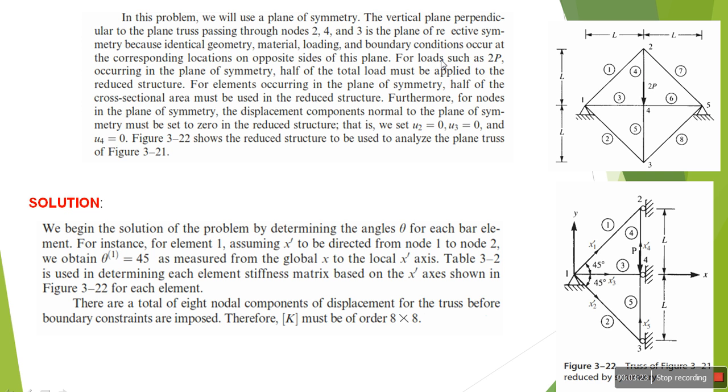For the loads such as 2p occurring in the plane of the symmetry,